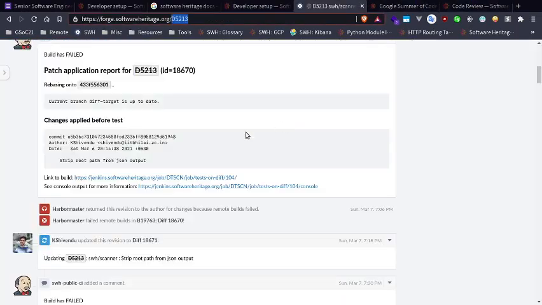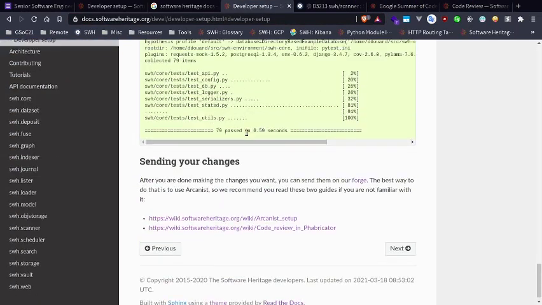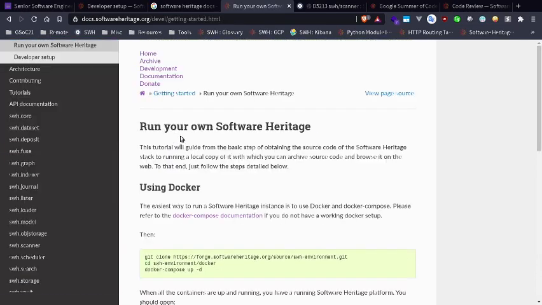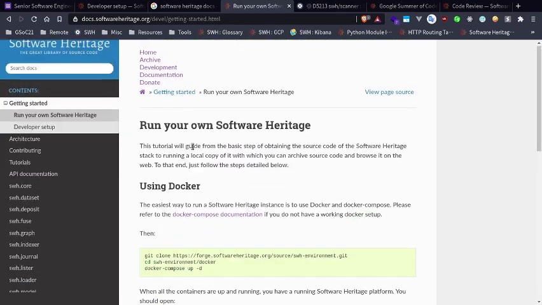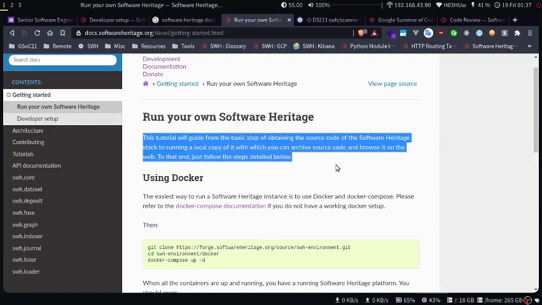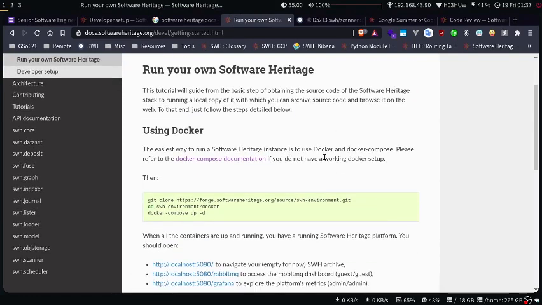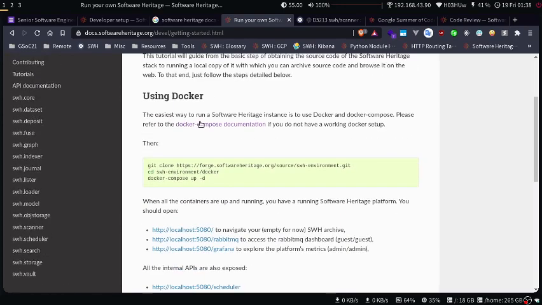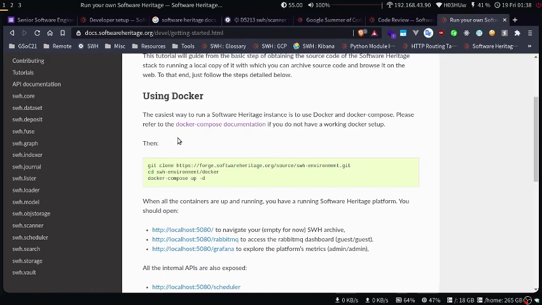Anyways, I think you got the idea. In case you want to run your own software heritage, this will probably take a lot of RAM, and even consume a lot of bandwidth and hard disk. You should be able to run it, but before doing all that, consider the possibility that it consumes a lot of space. If you want to do that, then I have a software heritage setup running